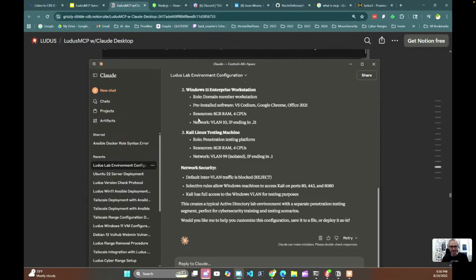It's like, hey, watch out, it's like 8 gigs of RAM, it's 4 CPUs. And then at the bottom, it'll say, would you like me to help you customize this config? It's like, yes, I do. So yes, or I should say,